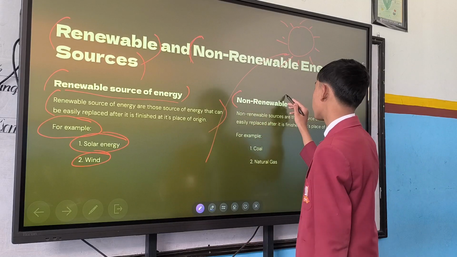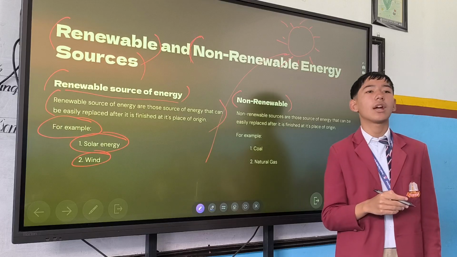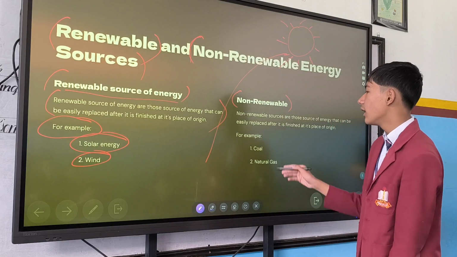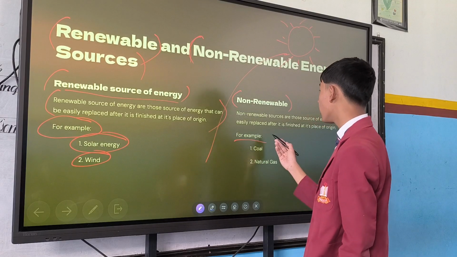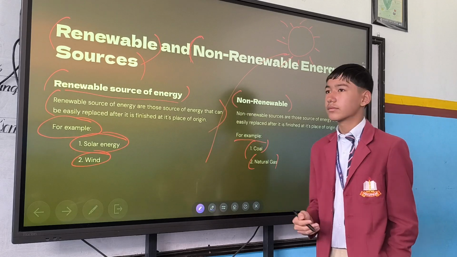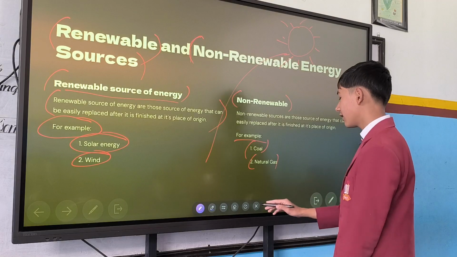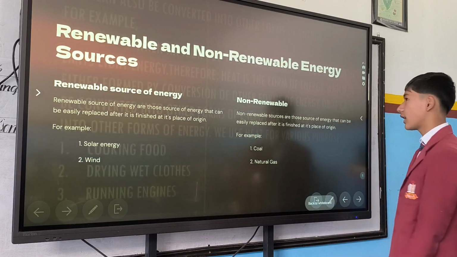Non-renewable sources of energy are those which cannot be replaced immediately after they are finished at their place of origin. As given here, examples of non-renewable sources of energy are coal and natural gas. Coal, in Nepal we call it koila. Yes. So the next slide is